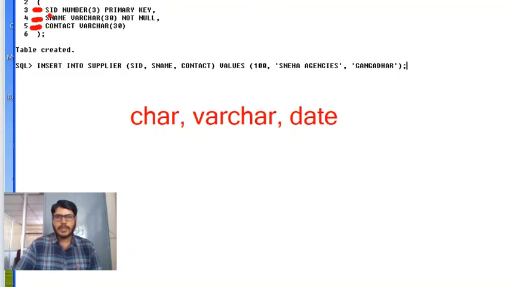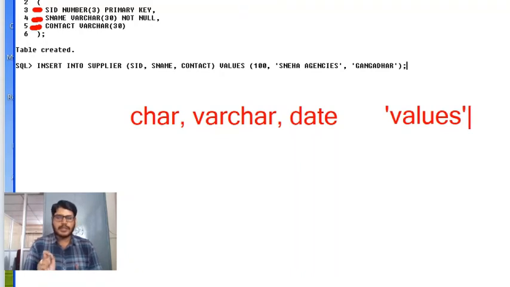You can observe here, SID number, SName varchar, contact varchar. That means what type of value a column can hold. So while defining the column names, we are going to mention these data types. And for these data type columns, we should pass values within single quotations.